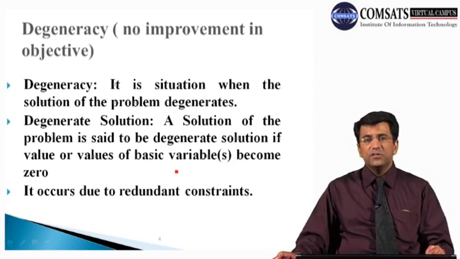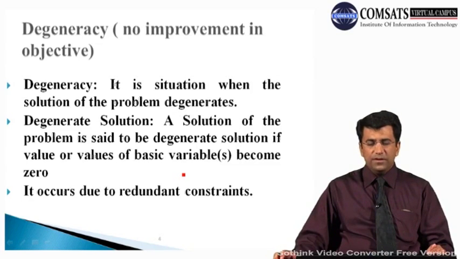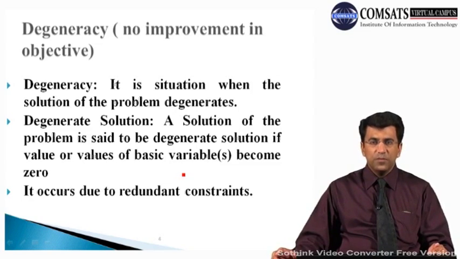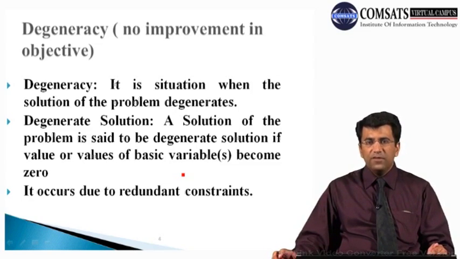So what is a degenerate solution? A solution of the problem is said to be a degenerate solution if the value or values of basic variables become zero. So in this particular case of degeneracy, sometimes we will have those values of basic variables equal to 0, and it will give you the idea when you have this sort of situation while solving the problems. So you should have in mind that this may be the case of degeneracy, and it occurs due to